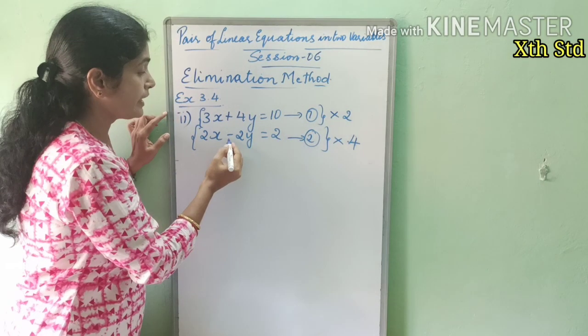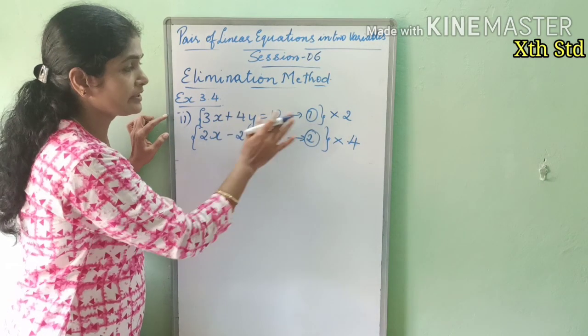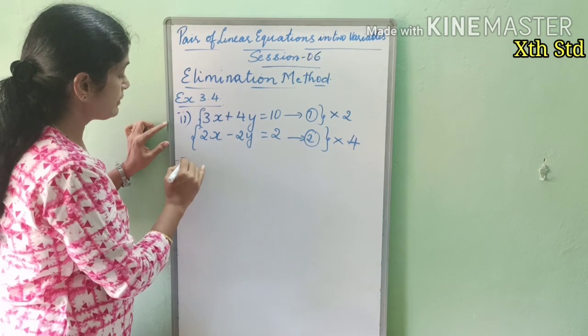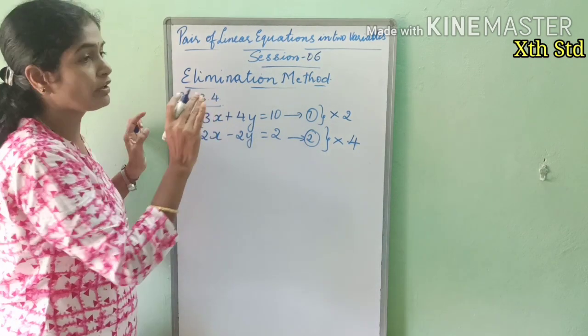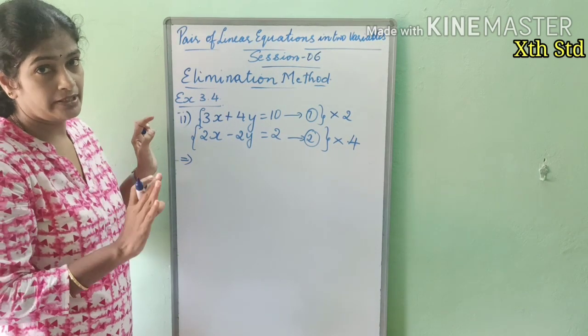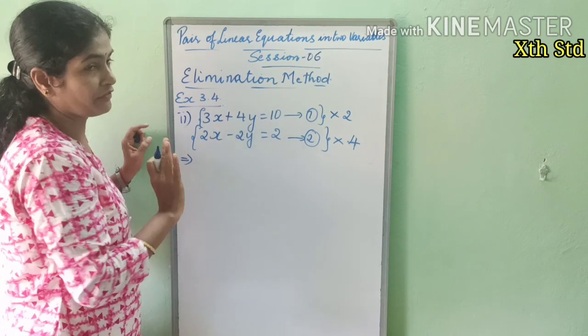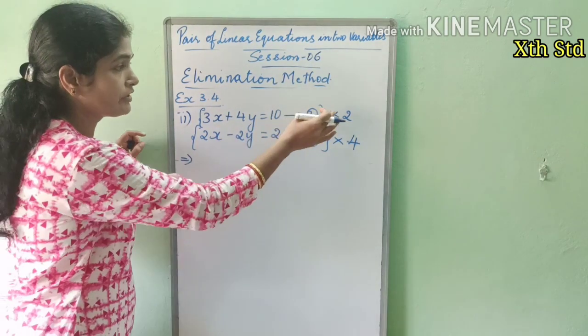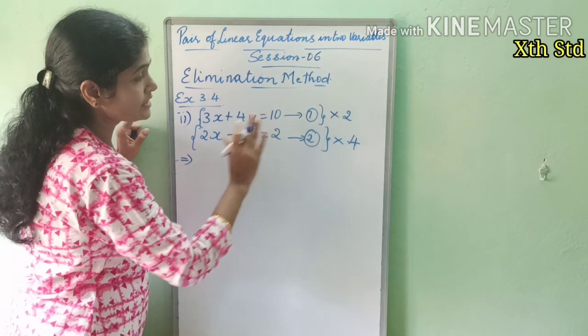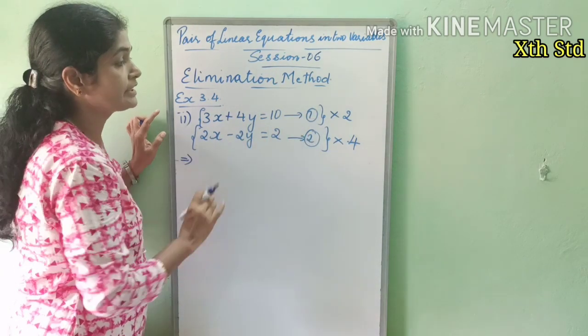We can multiply along with the sign, otherwise just by the numbers also will do. There is nothing wrong in it. The only thing is, we are making the numerical coefficients equal for the variable which we are going to eliminate. Focusing on the number coefficients, not the sign. If we want, we can even multiply with the sign also. There is nothing wrong. So now this is one way. So we have done it like this.